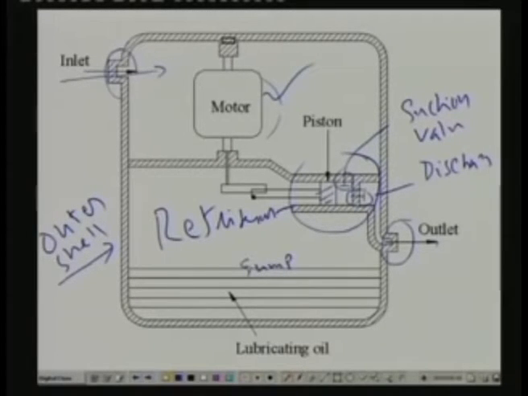As you can see, the advantage of this compressor is that there is virtually no refrigerant leakage, and since both motor and compressor are kept in the same housing, the noise levels are also typically lower compared to an open type compressor. You can see that the compressor is directly mounted on the motor shaft. This poses a problem, for example, when the compressor is overloaded, the motor also gets overloaded. And since refrigerant comes in contact with the motor winding, there must be compatibility between the insulation on the motor winding and the refrigerant. So that is very important here.